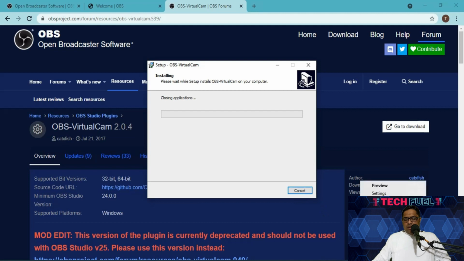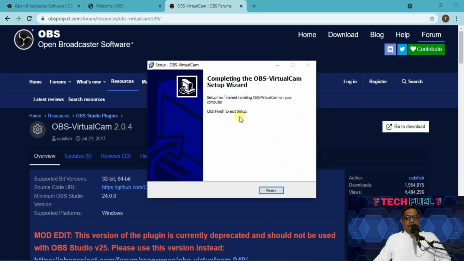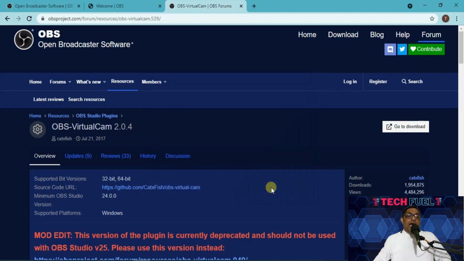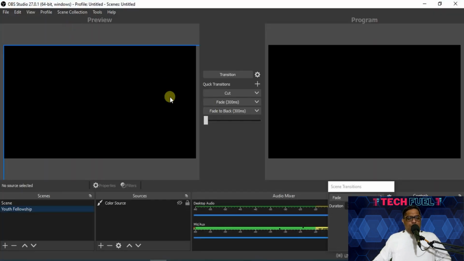I'll just go and click exit over here. If by chance, sometimes it has not been done, it will not start installing. So I did an exit from the IVCam software, and the installation process here is over. You click OK, and yes, once again OK, and click finish to set up. And there you are ready. Now, as I showed you, let us open OBS Studio. That's there on our desktop. I'll open the OBS Studio.